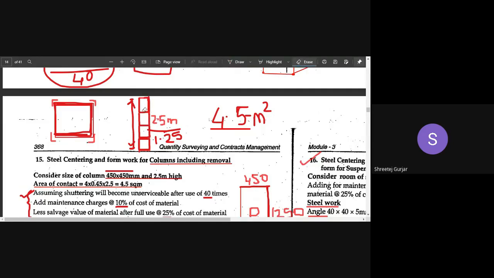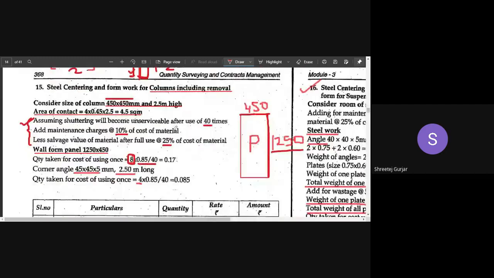So what I've drawn here is wrong. We will be requiring 1 panel and 1 more panel, like this, 2 panels on one side. So how many sides do we have for our column? We have 4 sides. One side, 2, 3, 4. So multiply that by 4. 2 panels per side, and 4 sides, so 4 into 2, we totally require 8 panels. So 8 divided by this constant, you will get it in numbers.